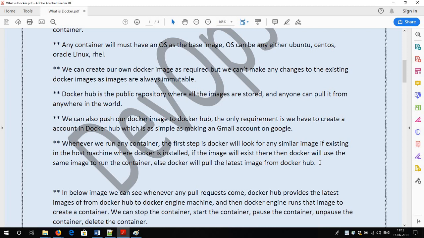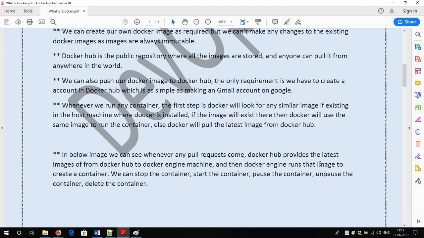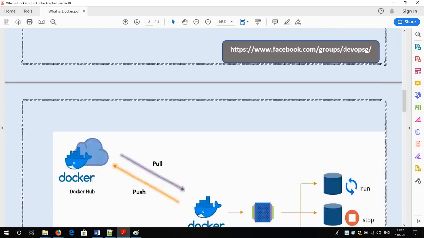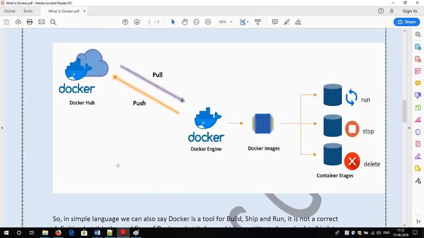You will get the Ubuntu images. Okay. So this you will be able to understand better in the practical session. So I will move forward. Now, if you talk about the architecture, then in simple terms I can explain it to you.